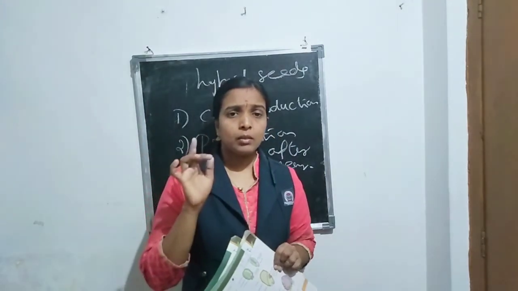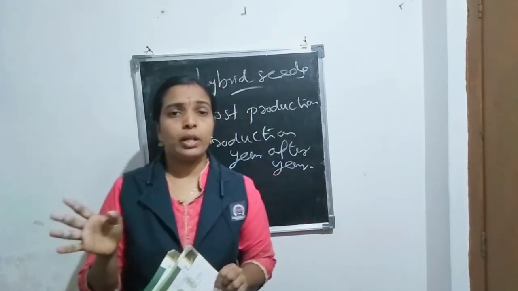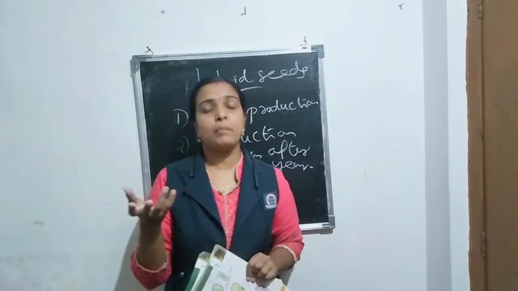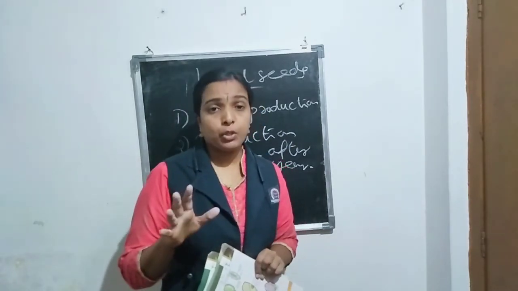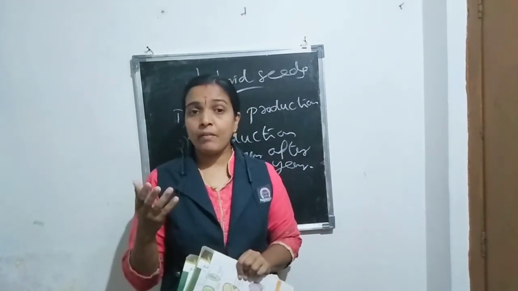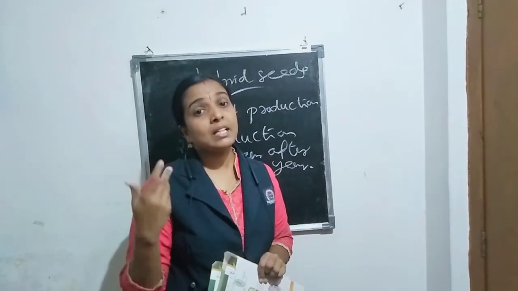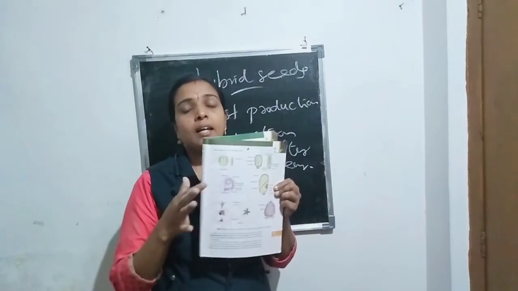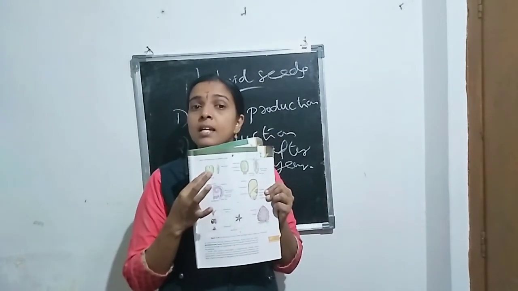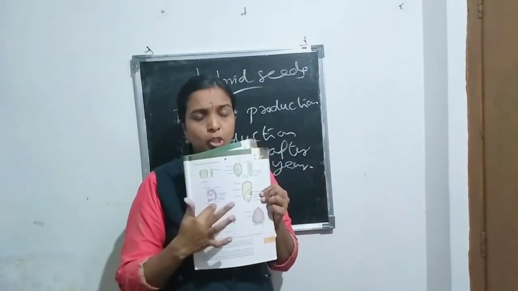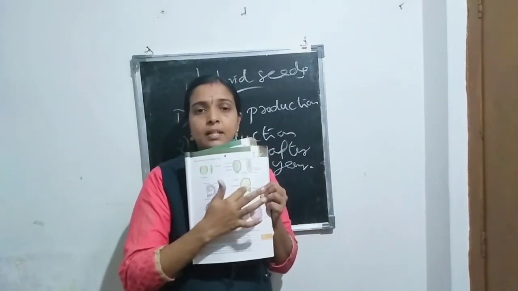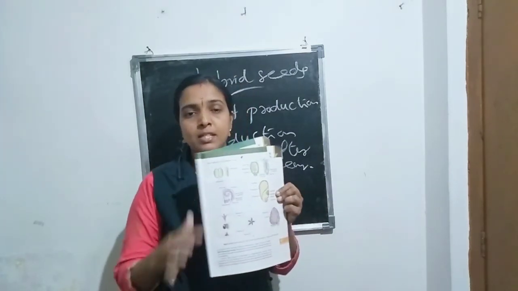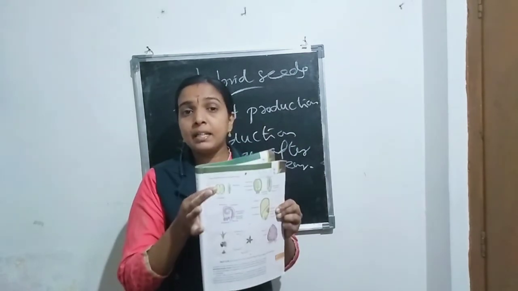So, what is the difference between endospermic and non-endospermic seed? Endospermic seed means the seeds are having endosperm, and non-endospermic seed means the seeds are not having endosperm. That means the endosperm is completely utilized for the development of the embryo. Such seeds are non-endospermic seeds. An example of a non-endospermic seed is pea seed. The other seeds, onion, castor and maize, have endosperm not completely utilized, but in pea seed the endosperm is completely utilized.